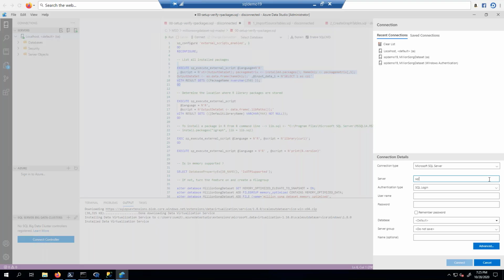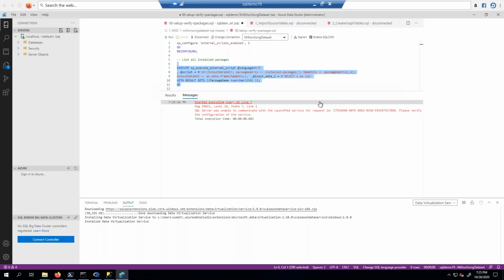This is SQL demo 19. And we're going to do this. Zoom connect. Oh, thank you. Launchpad services.